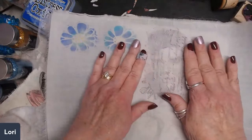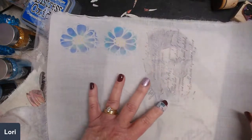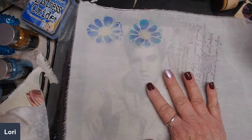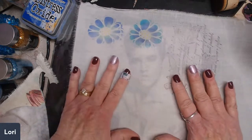That would look nice in front of a card on a journal page with some other stuff. What other stuff do we want to do? Now, this is just the fabric, no paper this time. Just the fabric glued down